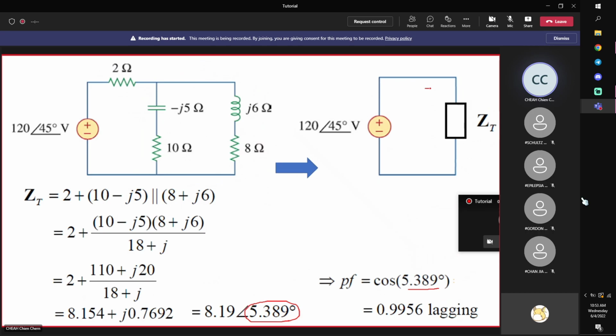If you have a voltage here resulting in a current flow I, then V is equal to I Z, Ohm's law, correct? So if your voltage is represented in phasor form, magnitude at angle theta V, your current is represented in phasor form,